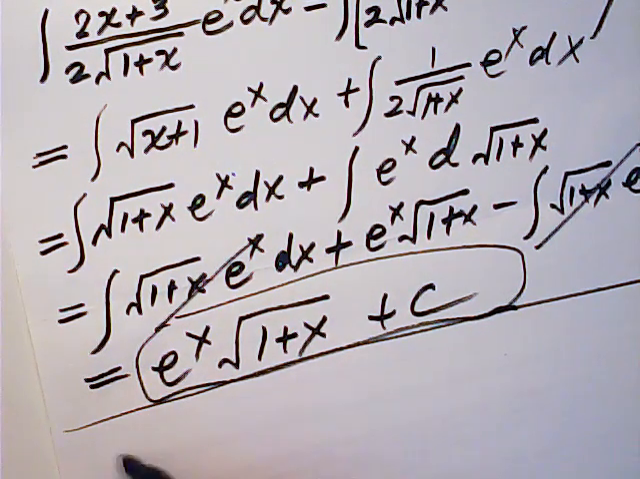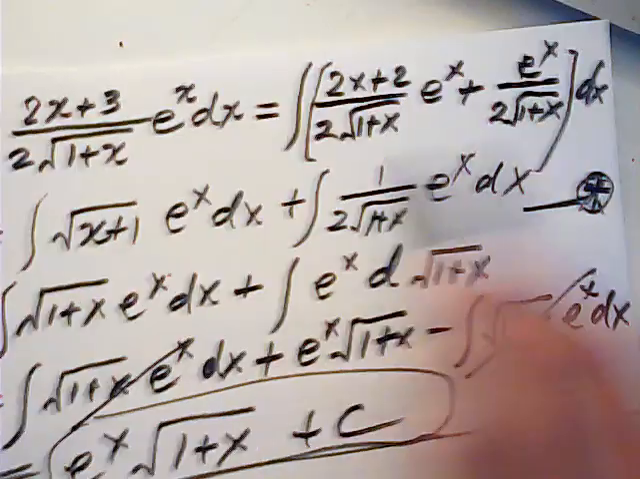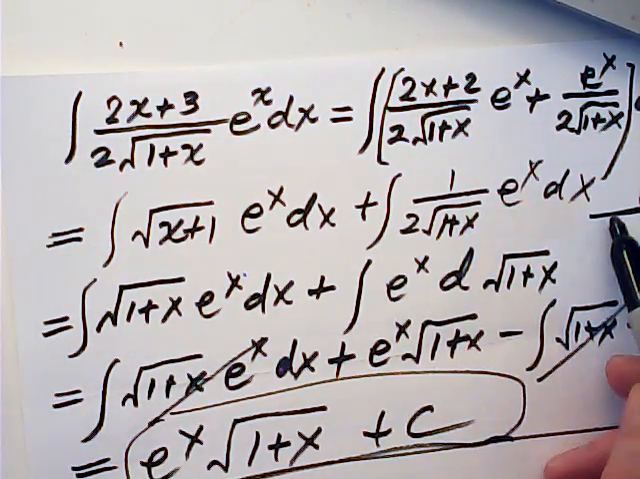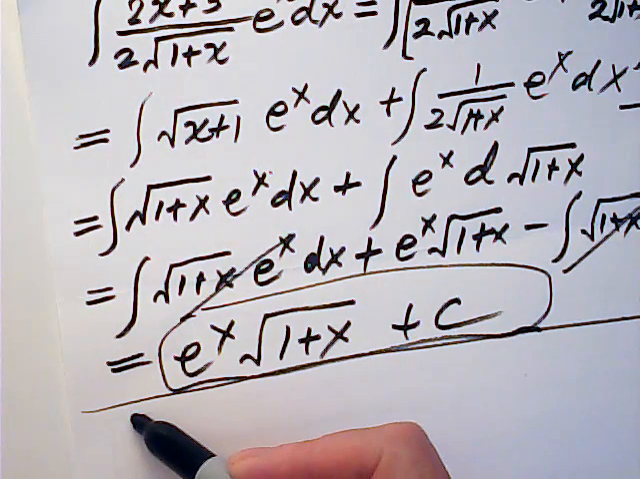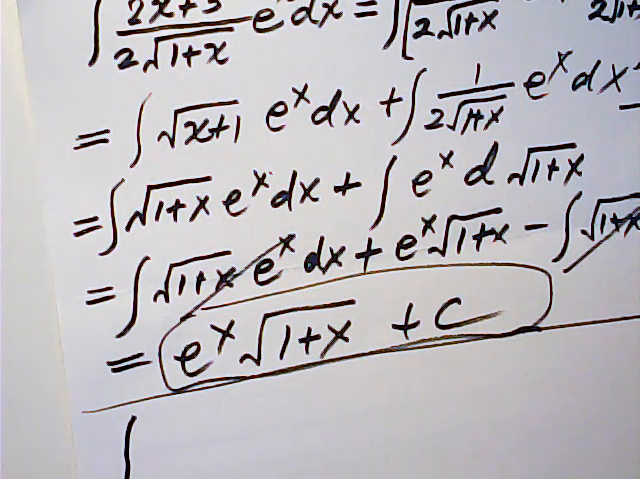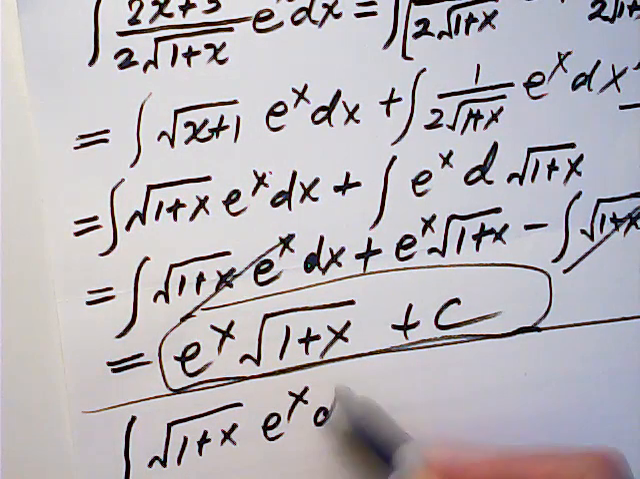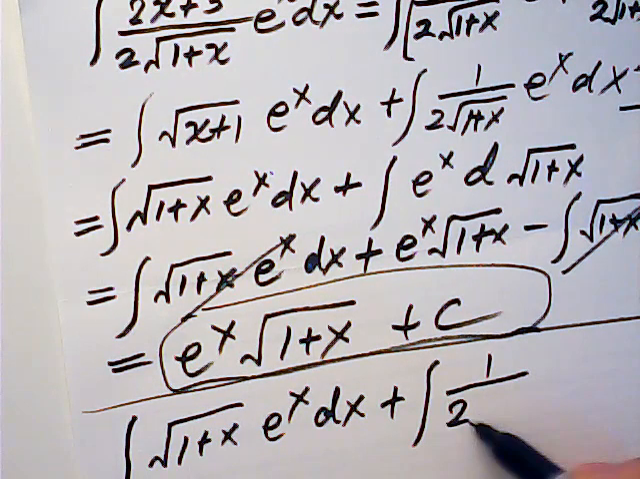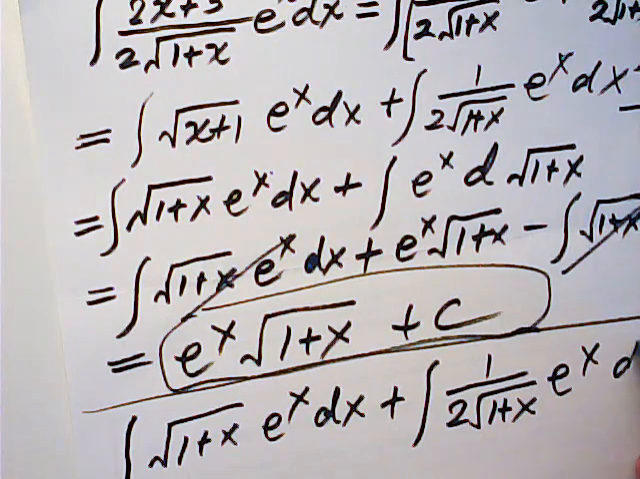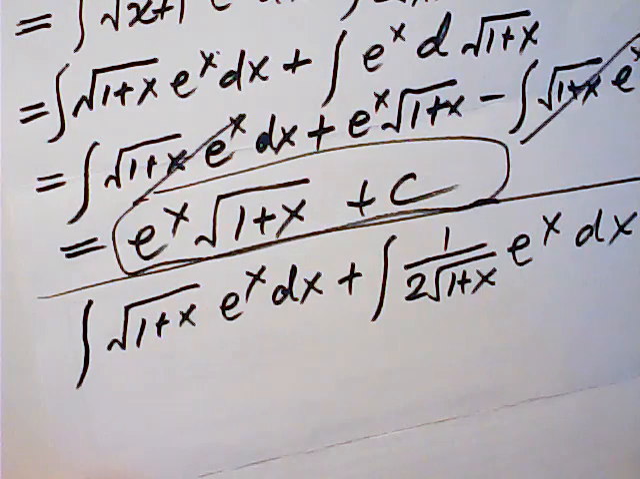Now, method 2. Method 2, I start from here. First, I split this into 2. Then this becomes that. I start from here, I'm using different methods. So it is equal to the integral of square root of 1 plus x times e to the x dx plus the integral of 1 plus x times e to the x dx, right? The first step is the same. Now from the second step,